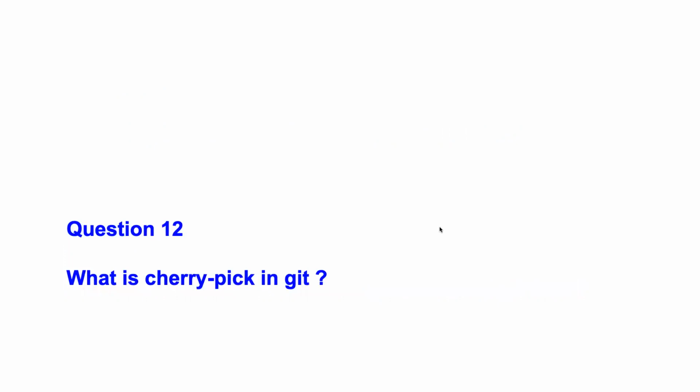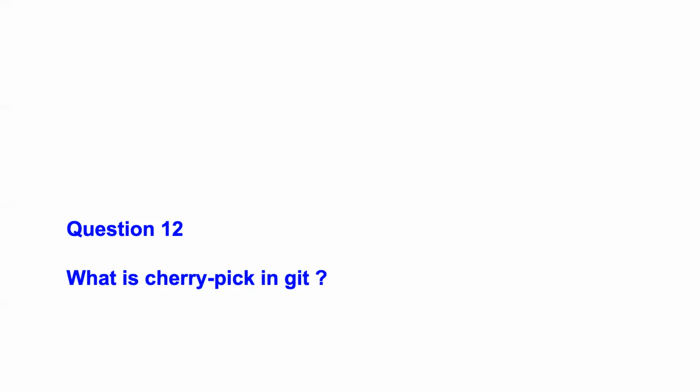Now question number 12 is, what is cherry pick in Git? Okay, so cherry picking in Git is nothing but getting, let's assume that you have a commit in XYZ branch, and you want to get the same commit as it is from XYZ branch to a branch called feature. Okay, so if you know that there are no merge conflicts, instead of manually copying the changes or using git merge or something, you can simply do git cherry pick,